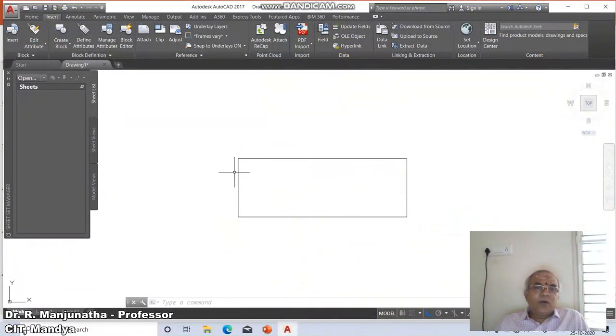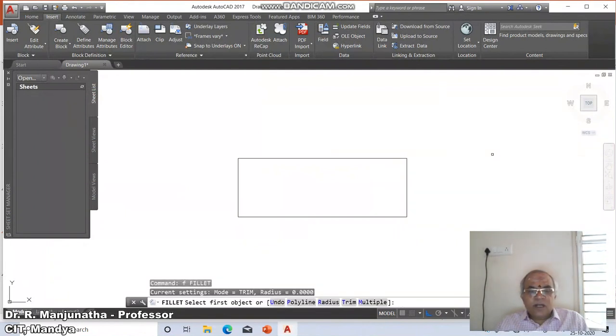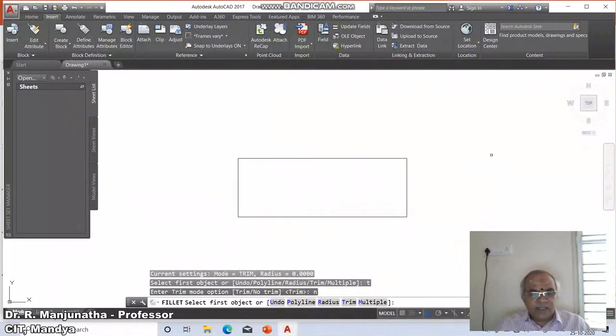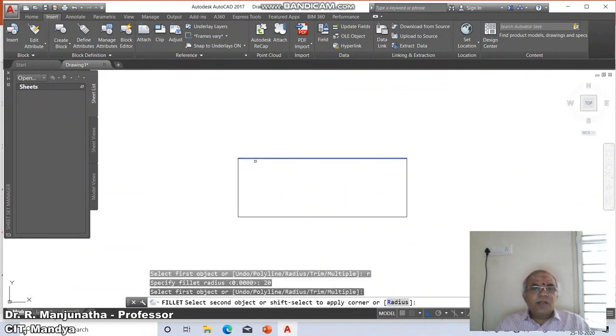After filleting, I may want to retain the remaining portion, that is the extra portion which is supposed to be trimmed. In such a case, I will go for the fillet option and I will go for the trim mode. Then I will say no trim. Then I will set the radius as 20, and then I will use this and use this.